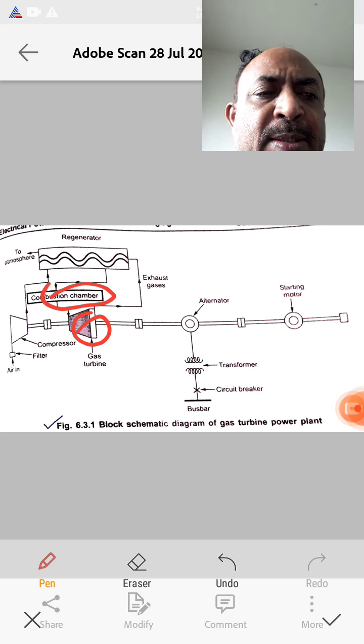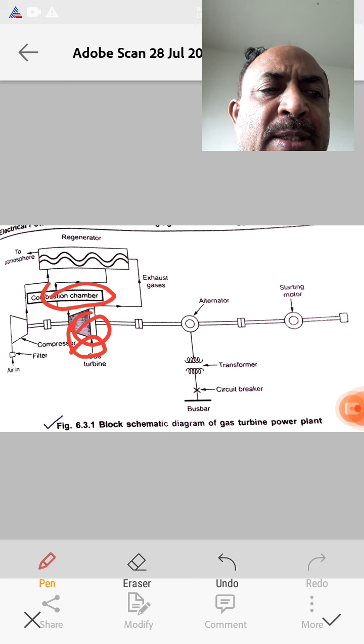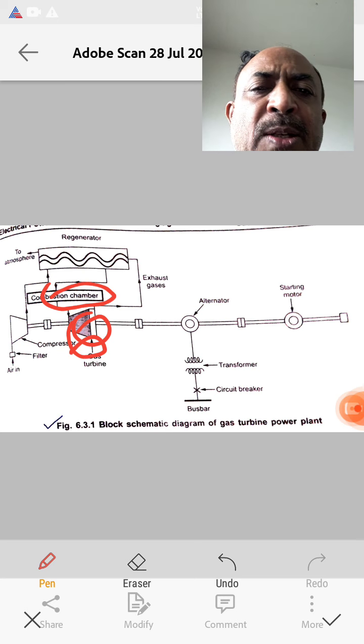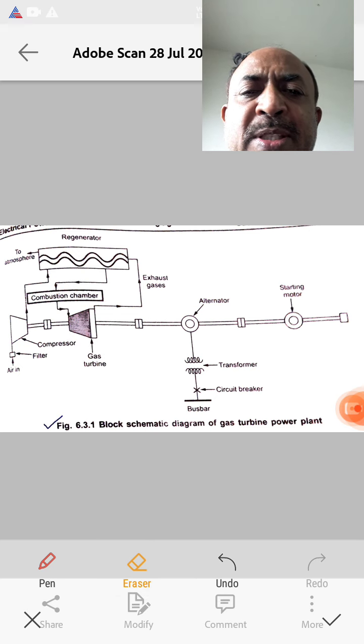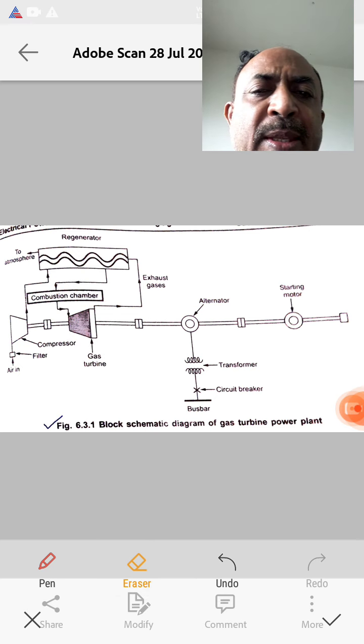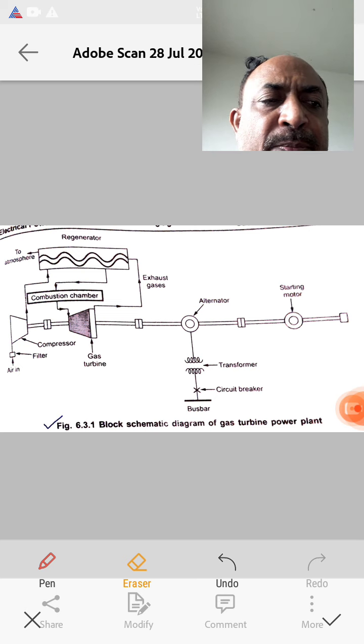In some cases, the gas turbine blades require a cooling system. A cooling system is necessary for the gas turbine, so cost may increase.